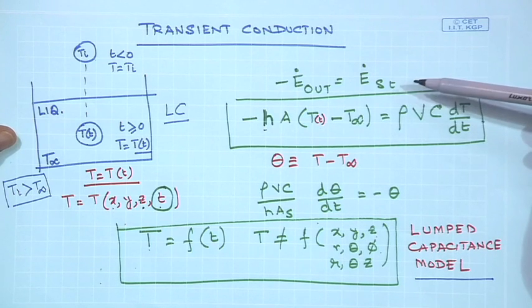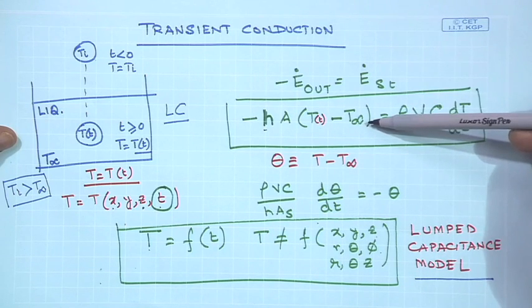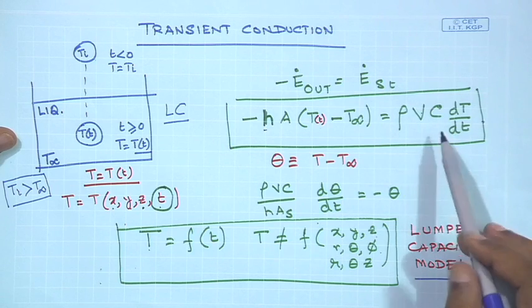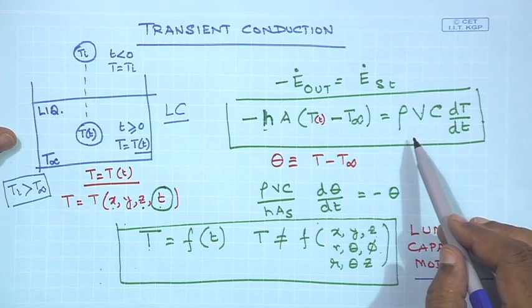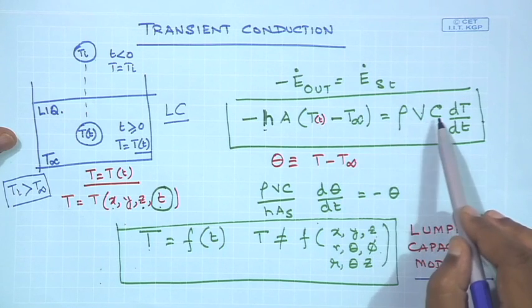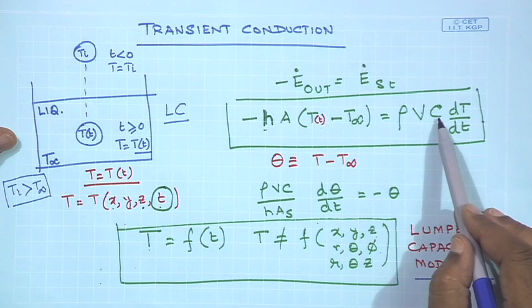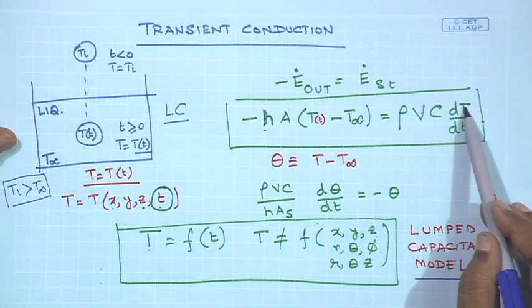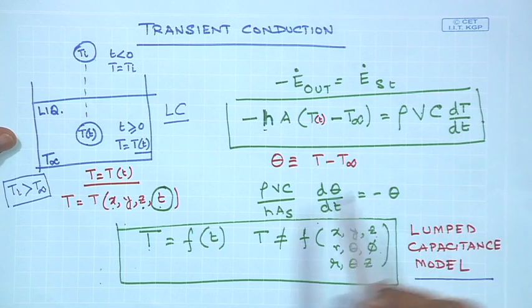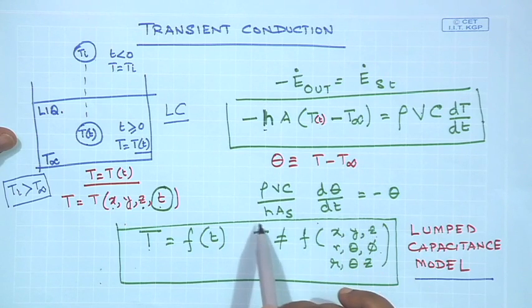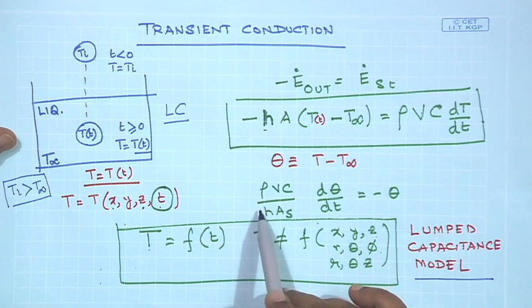And there is no generation. So, as a result of the energy leaving the solid object, the thermal energy storage term will also change with time. So, the amount of stored energy change inside the control volume would be simply rho times V times C, which is the heat capacity of the solid material, times change in temperature with time. So, if I define a dimensionless temperature as T minus T infinity, then this equation would simply reduce to